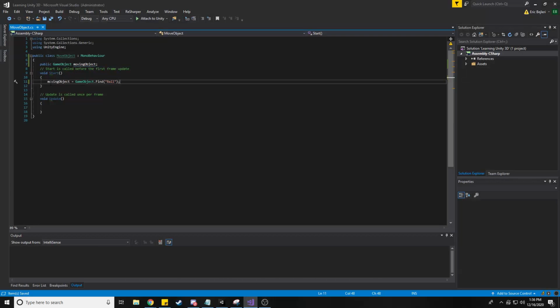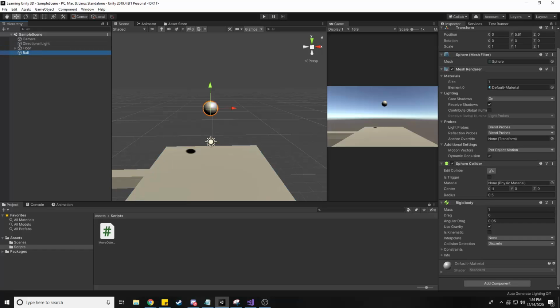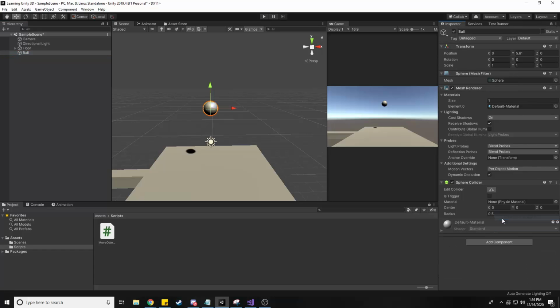But this is kind of inefficient. And there's something else we can do here. If we go into the hierarchy, we want this ball to be moving, right? I'm going to remove the rigid body from it for now. And what we're going to do